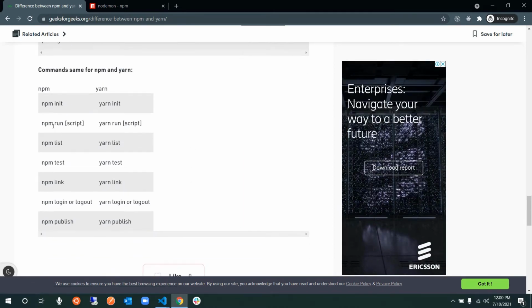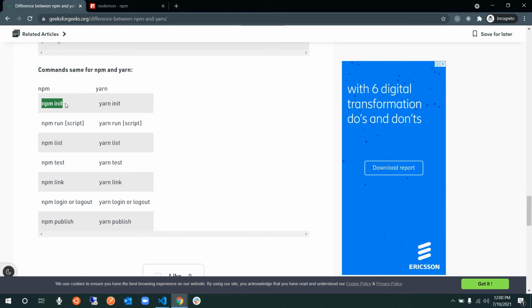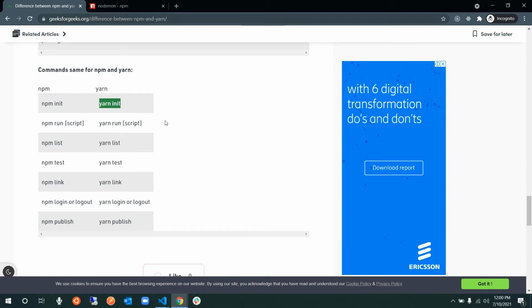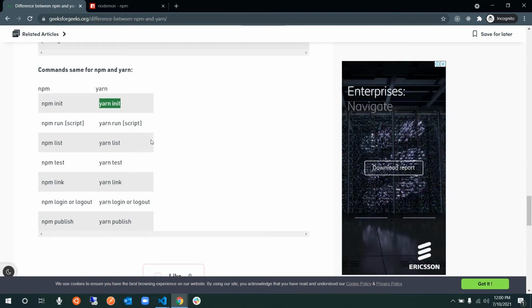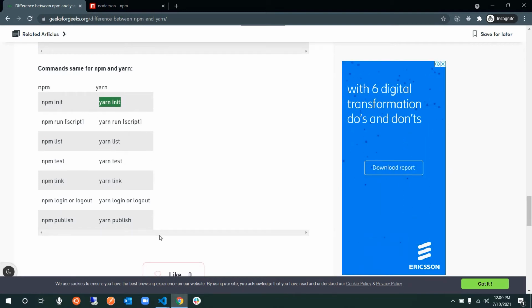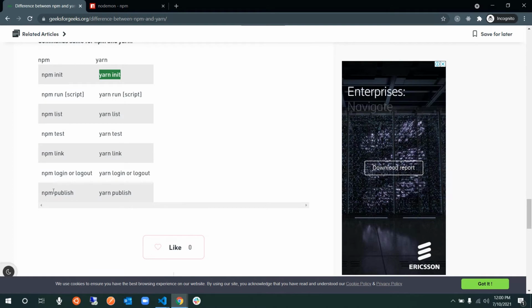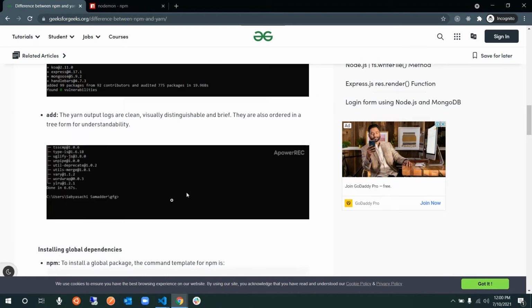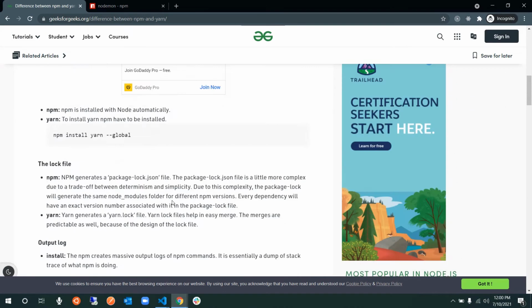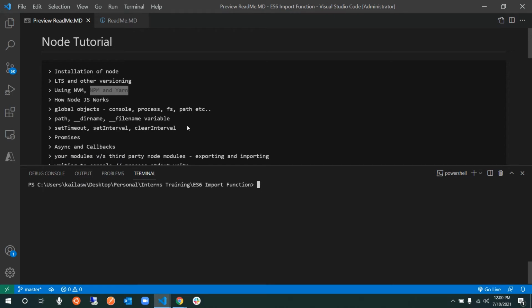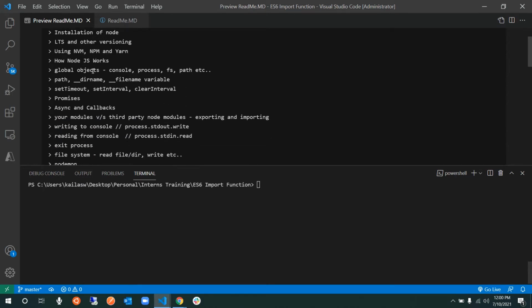Similarly, when you want to create a package.json file, use the npm init command to create a package.json file in your project root folder, or use yarn init in order to create a package.json file using yarn. Otherwise the rest of the things are just the same. And we will someday also learn about what publish is and other things. I think that's the major difference in terms of commands. In terms of speed, I've already told you that yarn will be much faster when compared to npm.